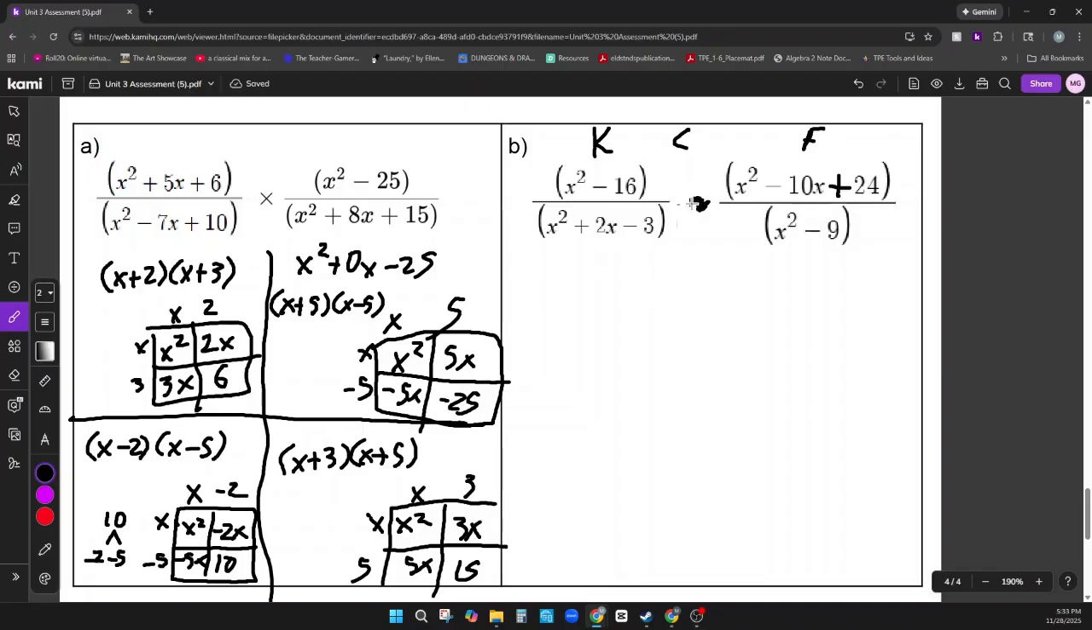That being said, when we keep, change, flip, rather than rewrite the whole thing, I'm just going to annotate. So this division is going to turn to multiplication. And I'm going to treat this as x minus 9, across the other one. I'm going to treat this as x squared minus 10x plus 24, because I have to keep, change, flip my fractions in order to